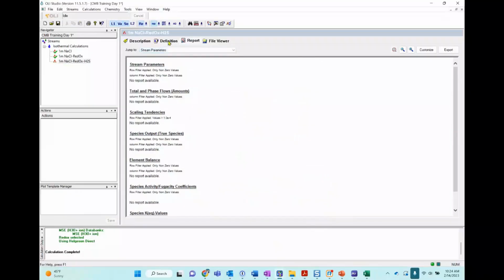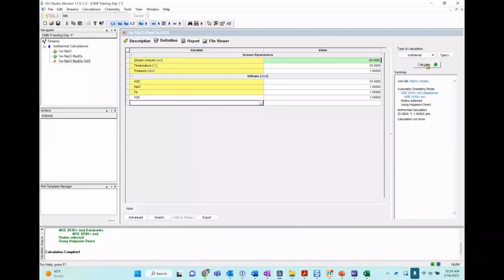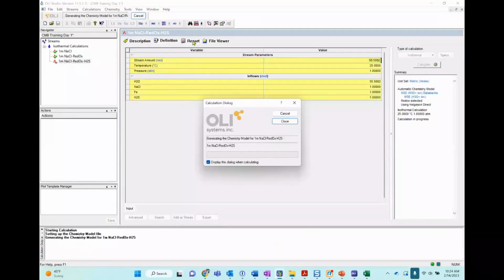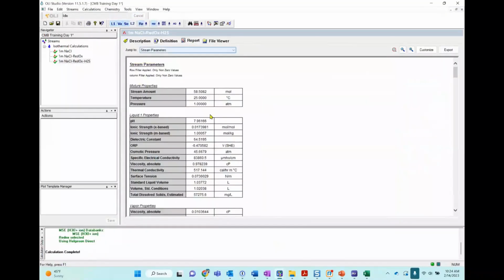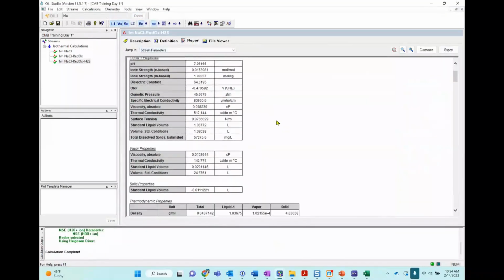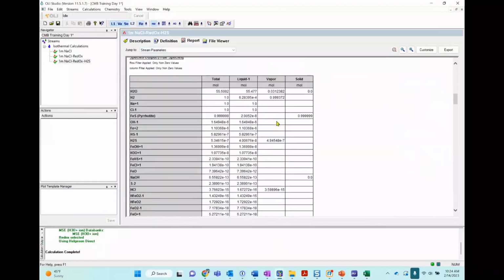So you need to recalculate. You can either press your F9 key to recalculate, or you go back to the definition tab, calculate. Of course, we are adding more calculations. It will take a little longer. We go back to our true species.